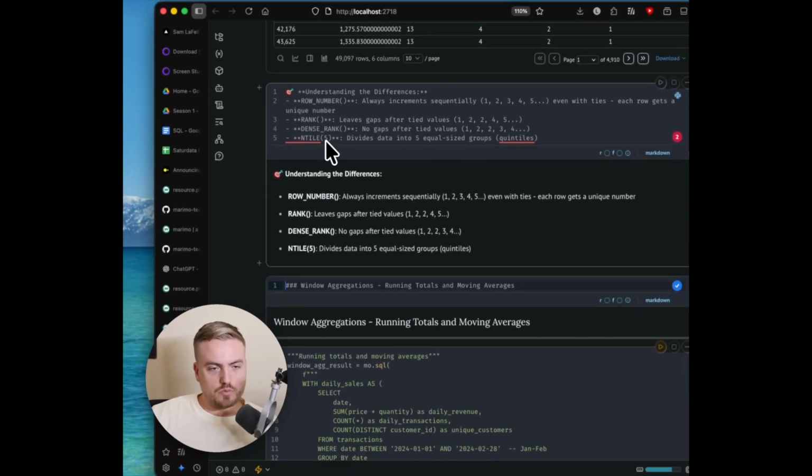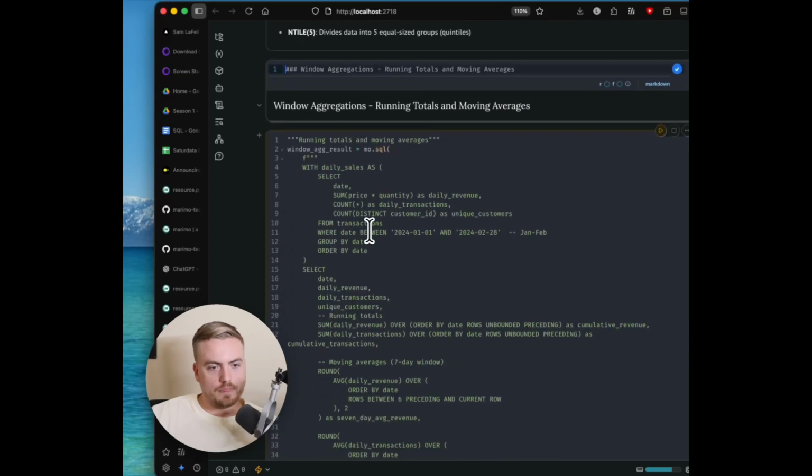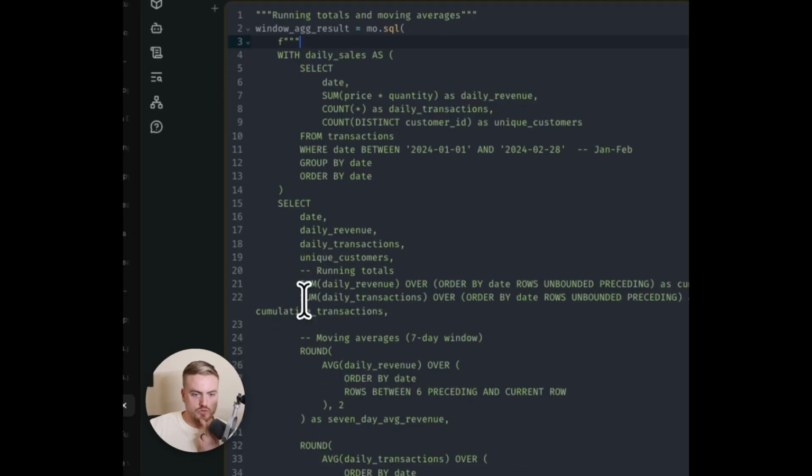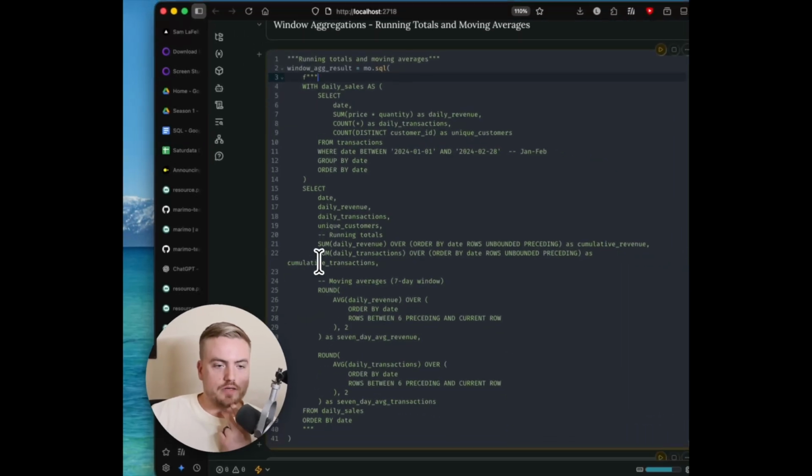But that's something else we can do in DuckDB, which is a lot of fun. Next up, we're going to do window aggregate results. The thing we want to look at here is running totals. This one's really interesting, right? We're going to look at the sum of revenue ordered by